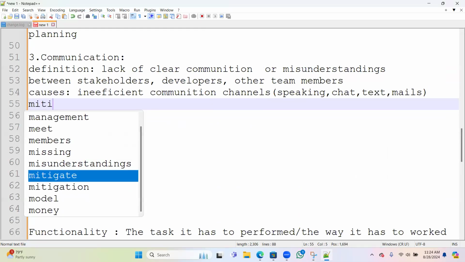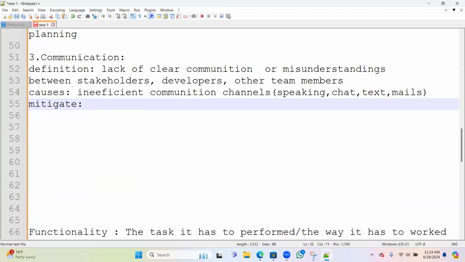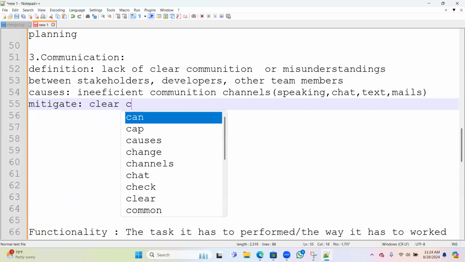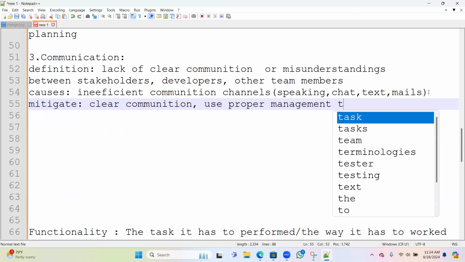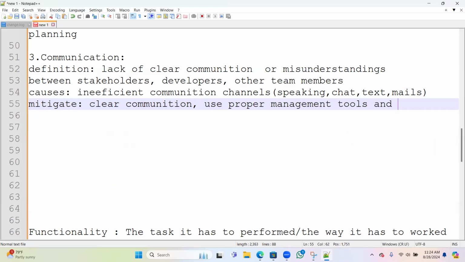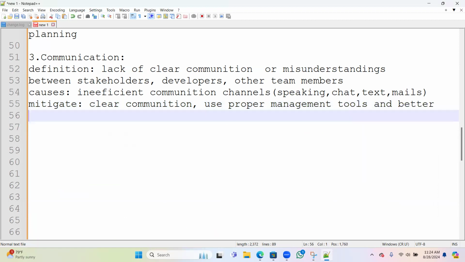How can we mitigate that? With clear communication, use proper management tools, and a better collaborative environment.